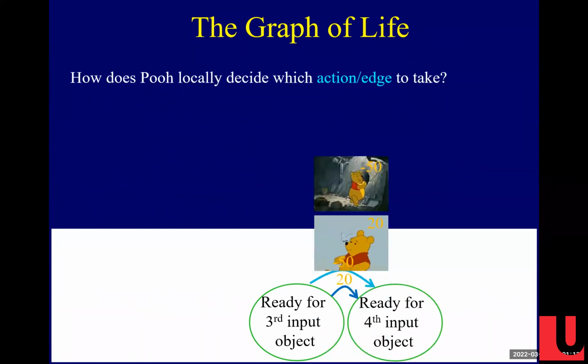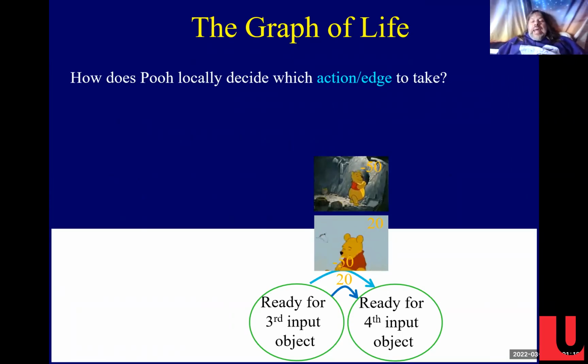Yeah. All right. So now we can ask the question, how does Pooh Bear locally decide what action to take? Now, in this case, it's a pretty silly thing because both actions go from the same state to the same state. So clearly you take the better of these two actions, right? As a voice pointed out, this is a dumb problem, but I was just